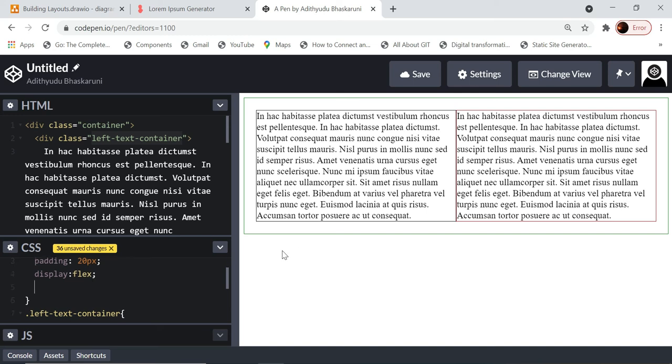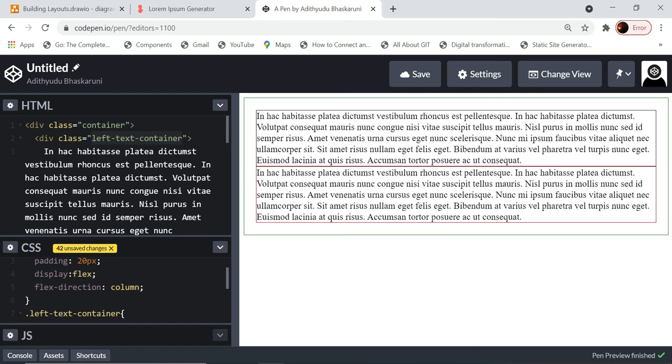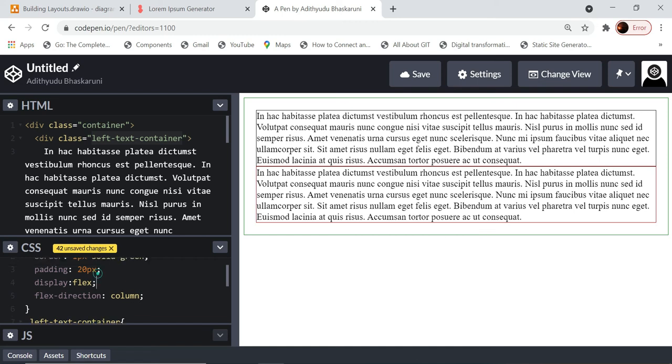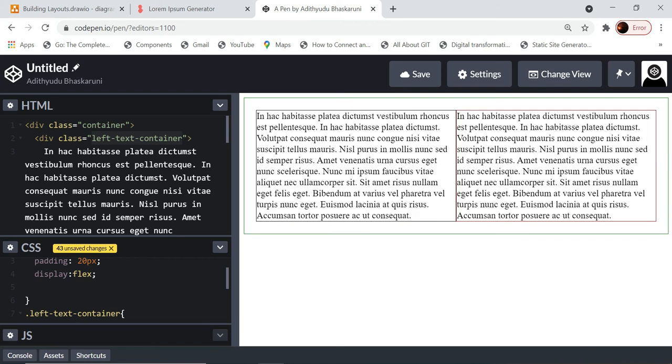There is a property called flex direction. If I specify this as row, then they will align row wise. But if I specify this as column, then they align column wise, like one below another. By default, once I specify the display as flex, the default flex direction will be row, and that is why, though I don't give this, they align side by side.